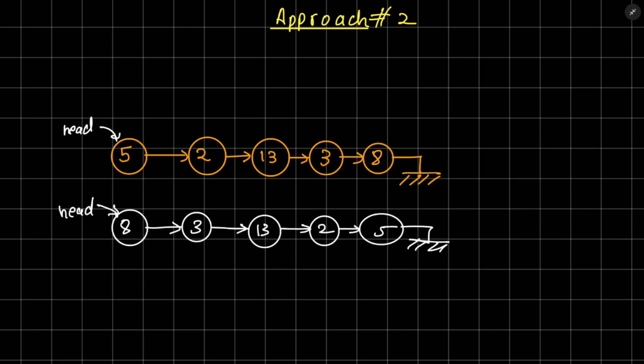So what was originally our question? Our question was that for any node, we must delete it if there exists some node which has greater value. Like for this 5, 13 exists. So we have to delete this 5 only. Okay. If we reverse the linked list and try to restructure the question, then what we can think of is